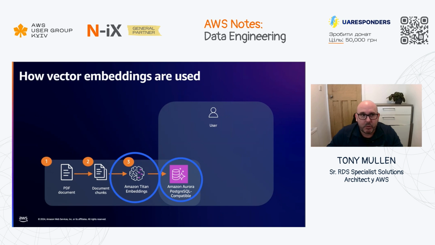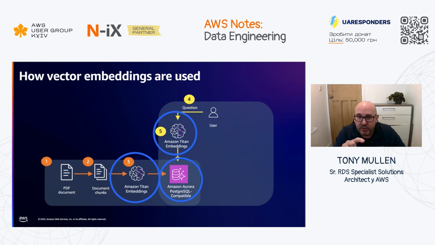The next stage of how embeddings are used is the user asking a question. So, how much is a blue elephant vase? This is the question that comes in. We take that question and pass it into our embedding model, the same embedding model we used to store our catalog data.